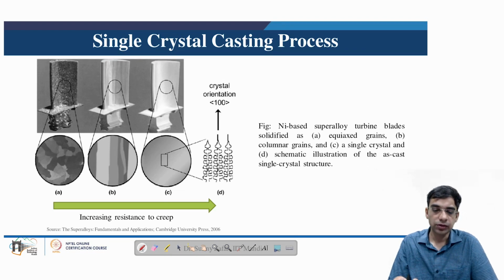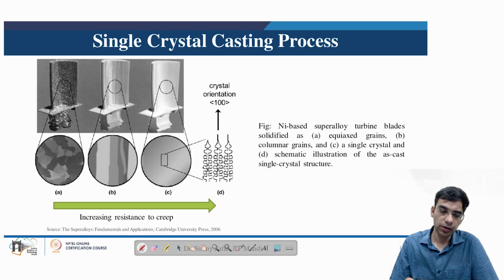So now coming back to this topic of single crystal casting process, because we have seen that in the presence of grain boundaries at elevated temperature, because of grain boundary sliding, creep failure may take place. So it is highly desired that the gas turbine blades either should have no grain boundaries, or if there are grain boundaries, they should be aligned in a specific direction, so they provide strengthening to the microstructure rather than providing opportunity to undergo creep failure.